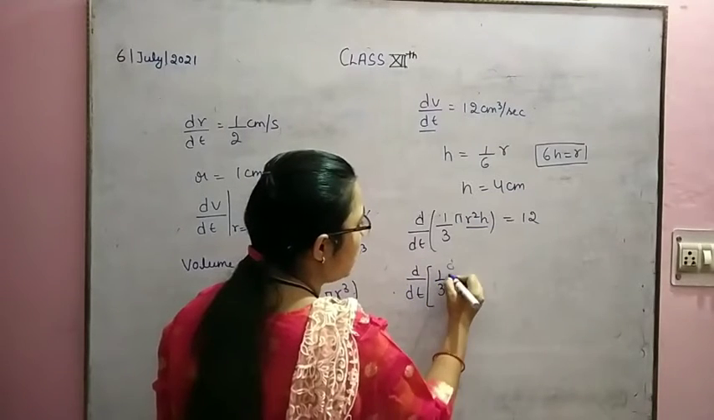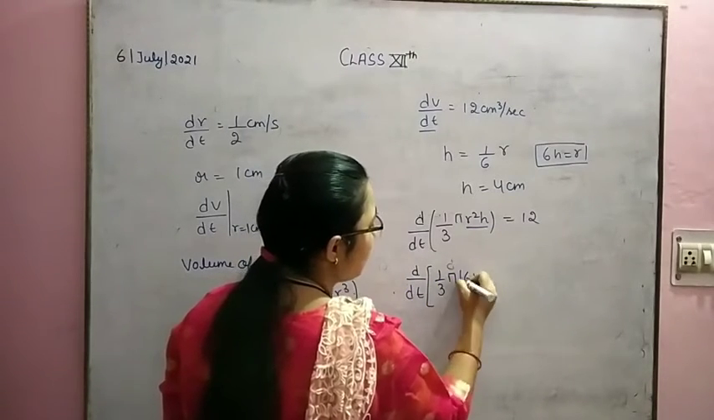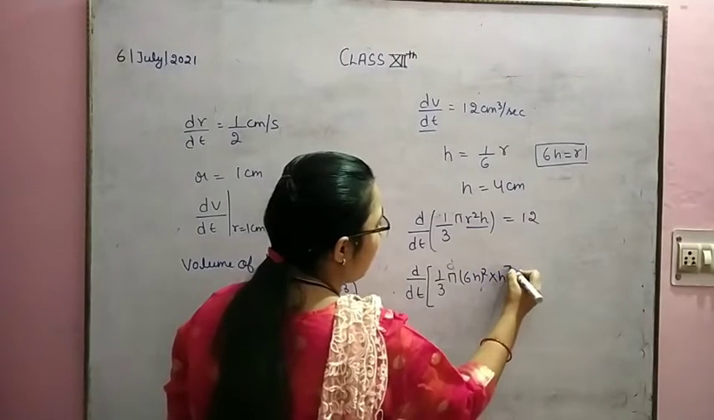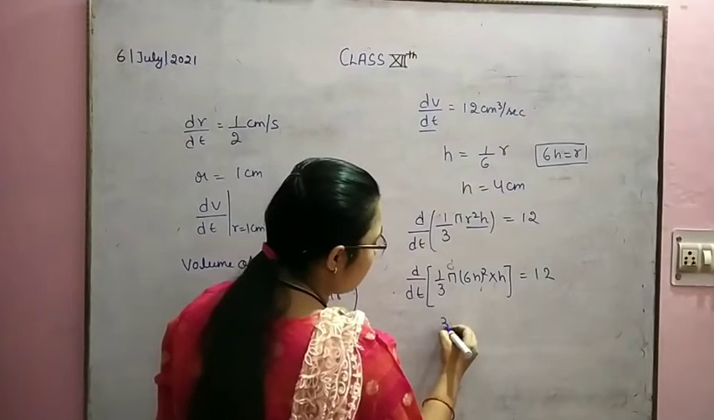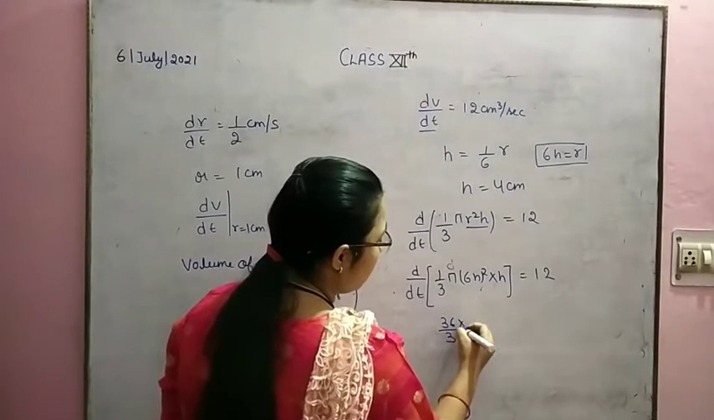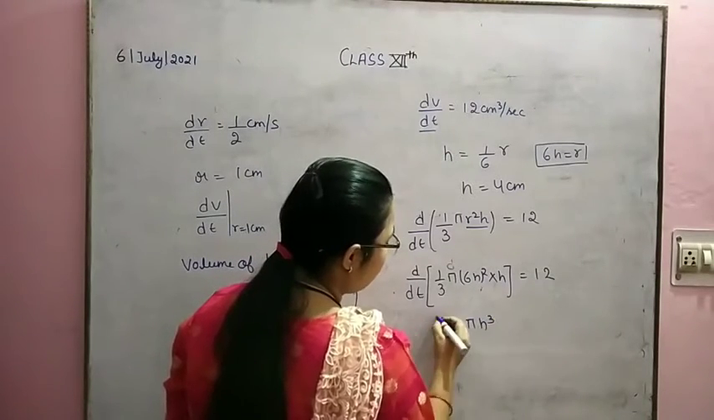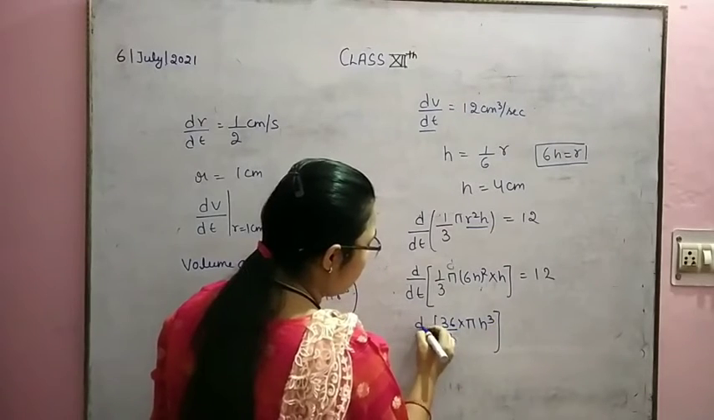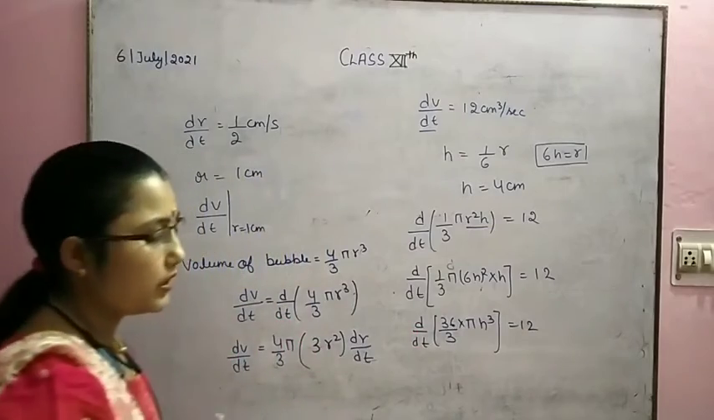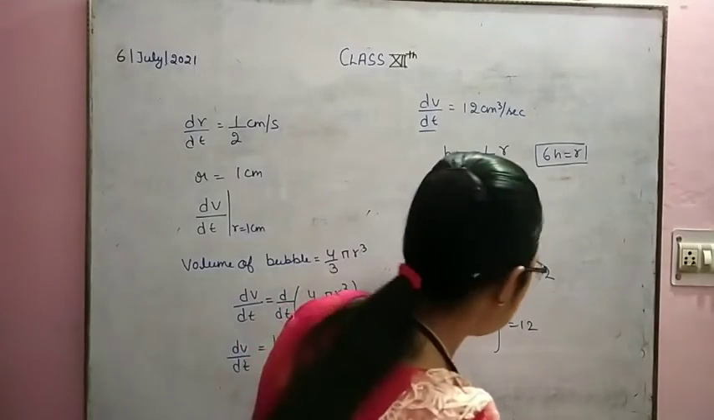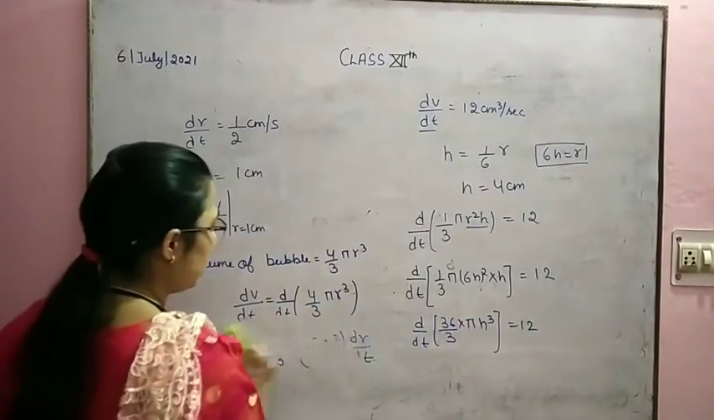We get 1 by 3 pi (6h) whole square into h equals to 12. So by solving this, we get 36 over 3 into pi into h cube equals to 12. Now differentiate it with respect to t. We get